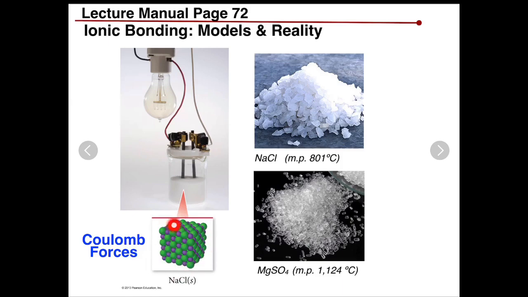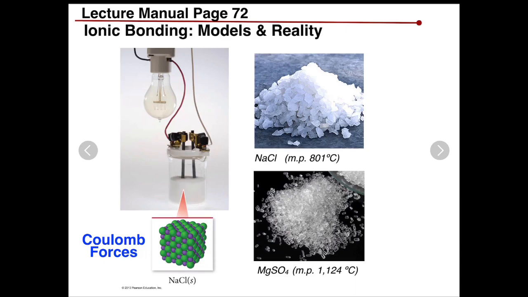Therefore, since we don't have any free ion movement, if you stick the two electrodes into this and go through the power supply, you will see that these two electrodes don't have any movement of ions. Therefore, nothing would be able to conduct electricity, and you will not see the light bulb light. The light will not be lit because there are no mobile ions to move around to allow for conduct